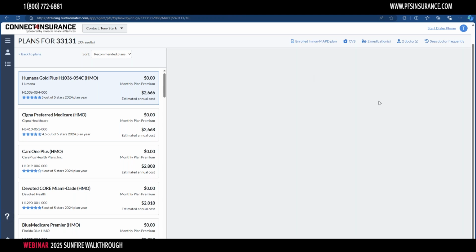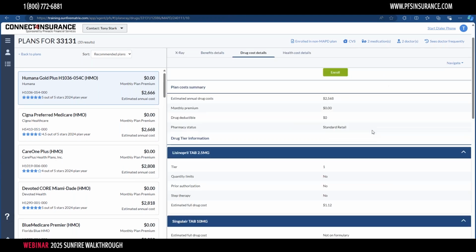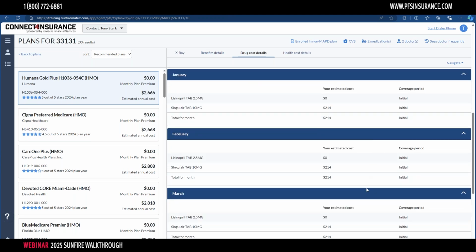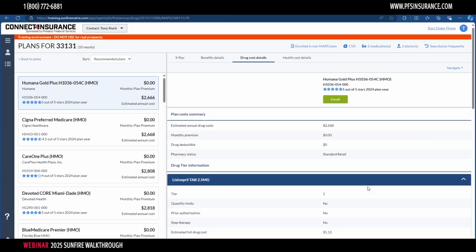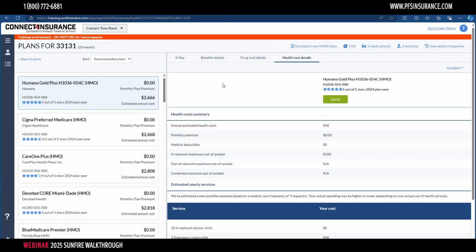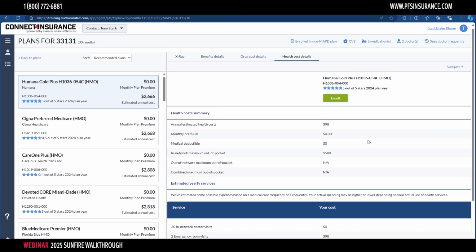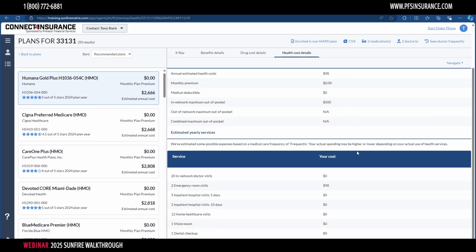And then you can go into drug cost details. This will show you what it looks like on a month-by-month basis. I think this is incredibly useful with all the changes to Part D. It takes the guesswork and all of the math out of it for the agent, and it just lets you give a view to your client that's accurate and accounts for all of the different changes in the space. And then this actually breaks down how we got to that annual estimated cost based on the